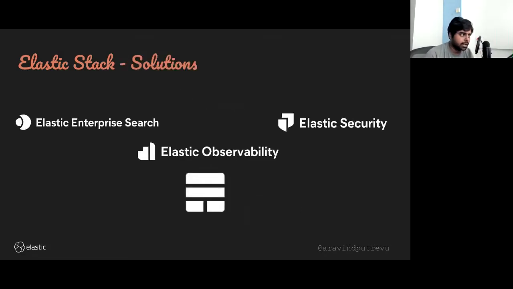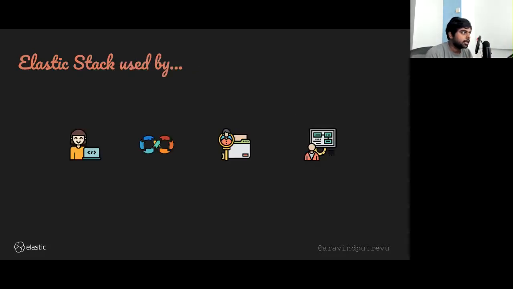But over a period of time, the community has started to use the stack in different formats. It was designed for search, so that's why there is a search solution now. And then a lot of people use it for logs, so observability came in. And then you have the security folks who are into SIEM, the infosec community. They were using it for threat hunting, malware detection, etc. So there are three specific solutions built on the stack, but the underlying core is the same, with three different variants on top of it.